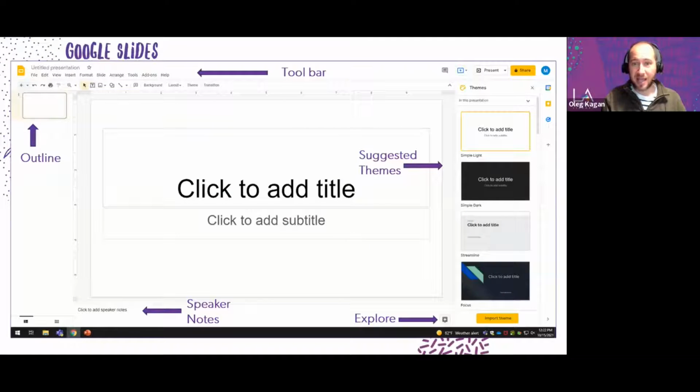Let's move into Google Slides. So this is presentation software. It all starts with a blank screen like this. You can click to add title, click to add subtitle, or you can just delete these text boxes and do your own thing. So we have our toolbar over at the top here, the file menus that have various options,